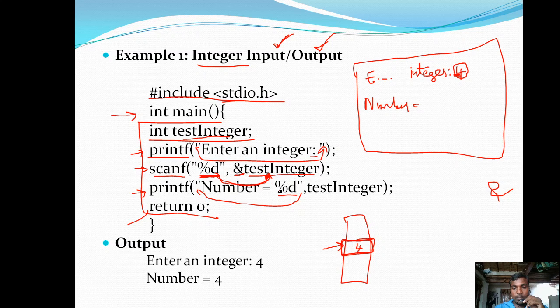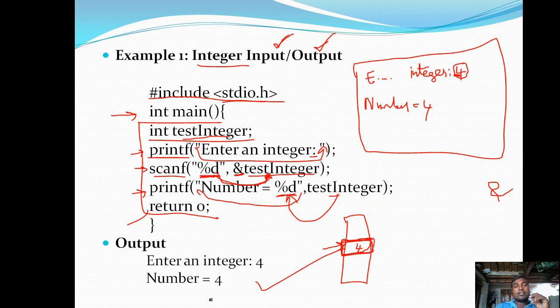This percentage is replaced with some integer value, and the variable name written after the comma tells which value. The test integer memory location contains the value 4, so that 4 is replaced here. So 4, now this is the output.